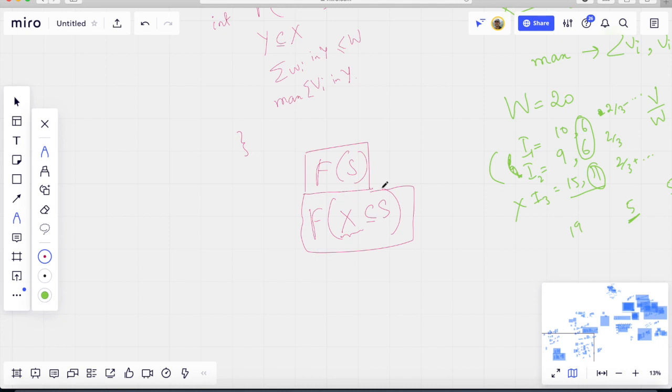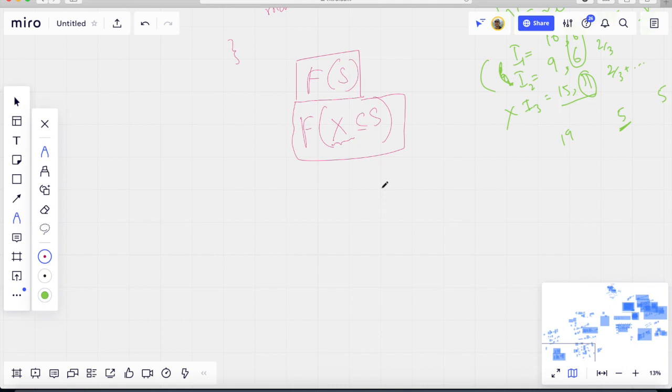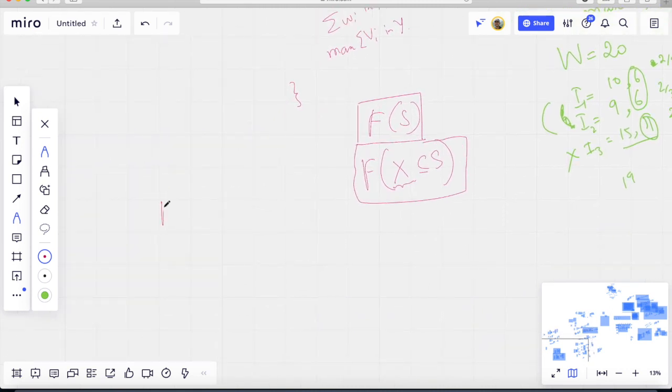Now, again, in the previous example, I talked about how I want to think about the last step that I took or the first step that I took, something of that sort. So here, what I can think about is, what if I take a certain element or if I do not take that element? So I'm trying to make a choice on a particular element. Okay. So now I'm trying to look at how we can implement this function. So given f of x, where x is equal to let's say x1, x2, x3, and let's say till xk,